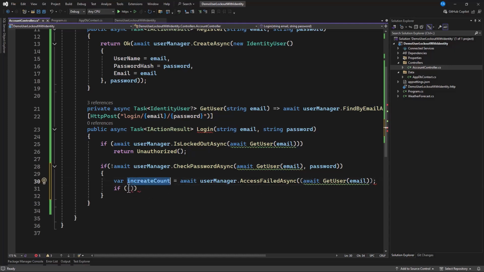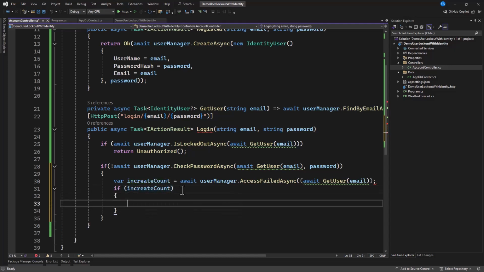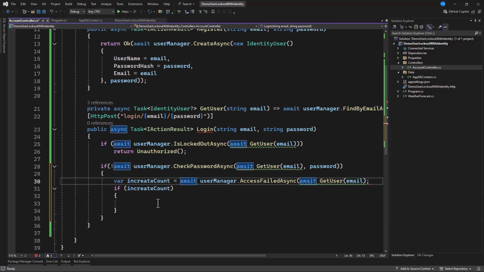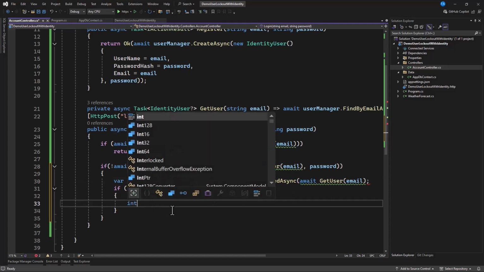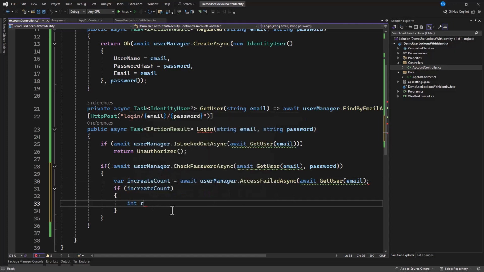Now we're going to check if this is true. If this is true, what do you want to do? Then we need to proceed, and we want to get the remaining try attempts. And I'll tell this user, you have 1 remaining, you have 2 remaining, you have 3 remaining, right? That's what you want to do. So in that, we have another API to get this for us. Let's see how we can deal with that. So this is going to return the remaining attempt. So I'm going to say this is remain